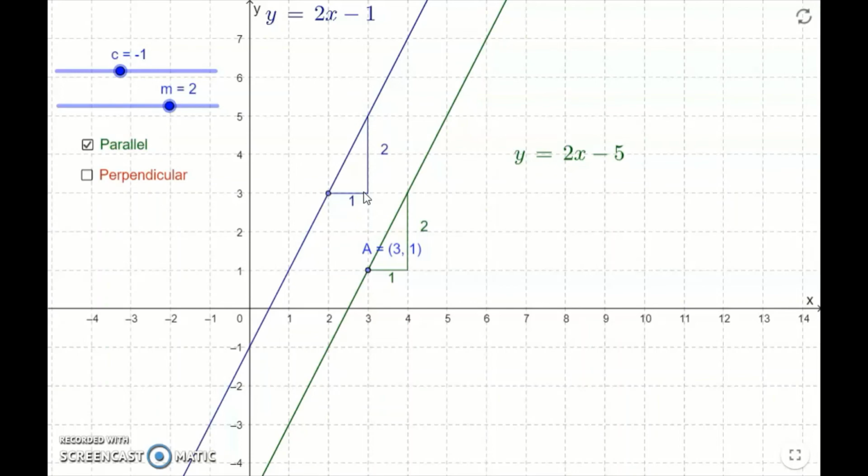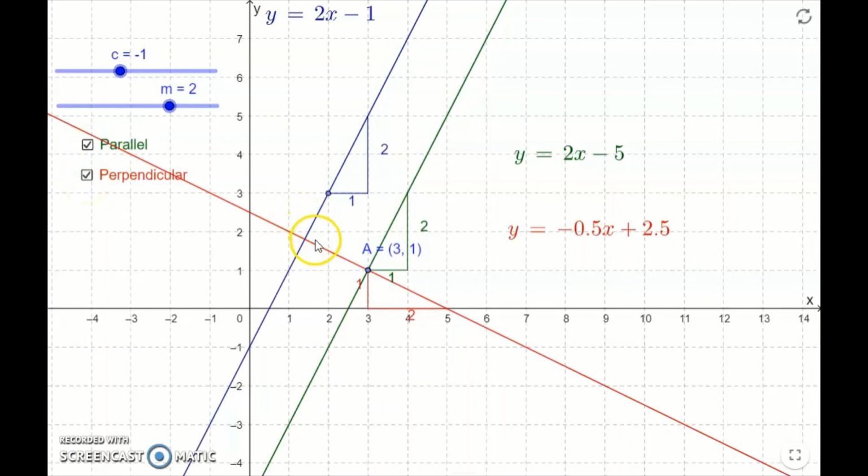The line we want is going to slope down, so it's going to have a negative rise, but it's not going to be a rise of -2 and a run of 1, because that would give much more than 90 degrees. In fact, what we really need is for the rise and the run to be swapped round. We need a run of 2 and a rise of -1 to give ourselves a line at right angles. So here we can see such a line. These cross at right angles,